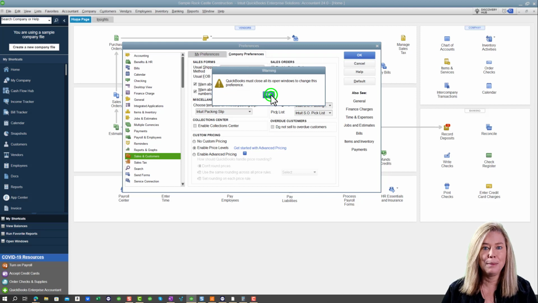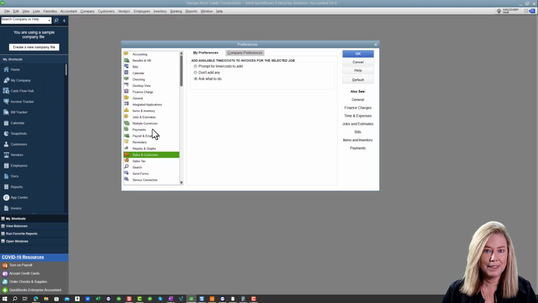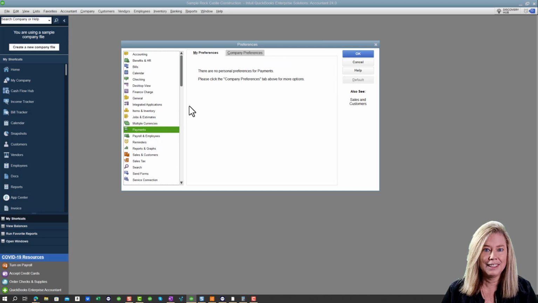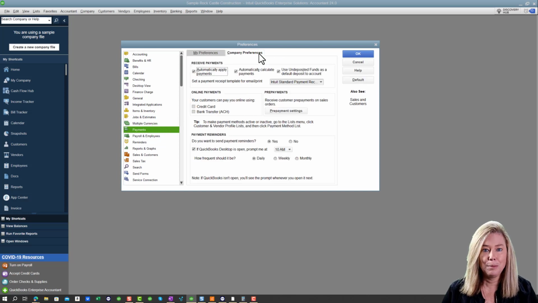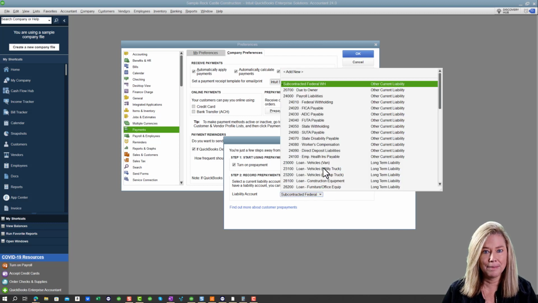Second, set up your prepayment settings within Preferences. Go to Payments, Company Preferences, click on Prepayment Settings. Under Step 1, checkmark Turn on Prepayment, then choose the liability account to record your prepayments. If you have not set up your account yet, which I have not, let's go through the steps to create